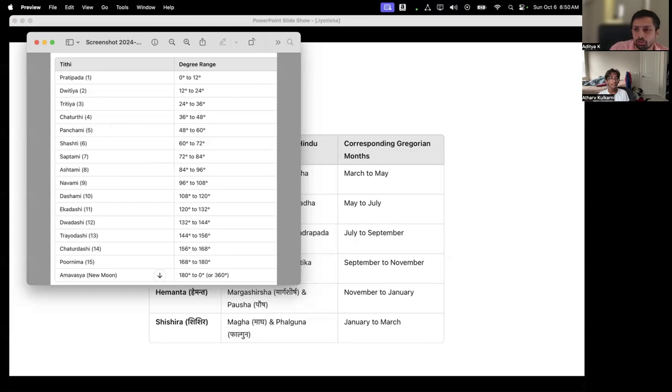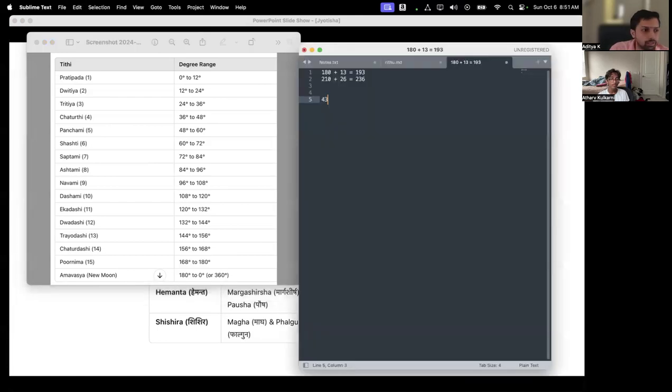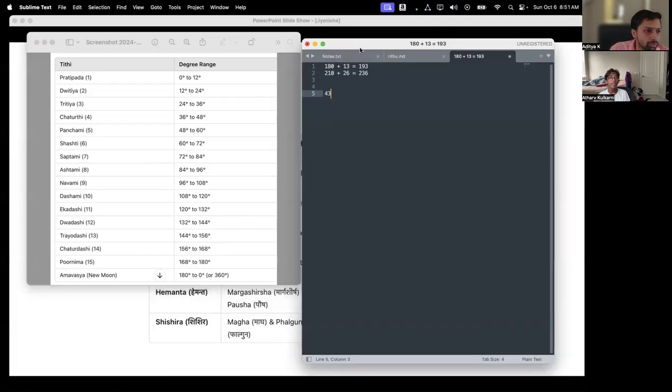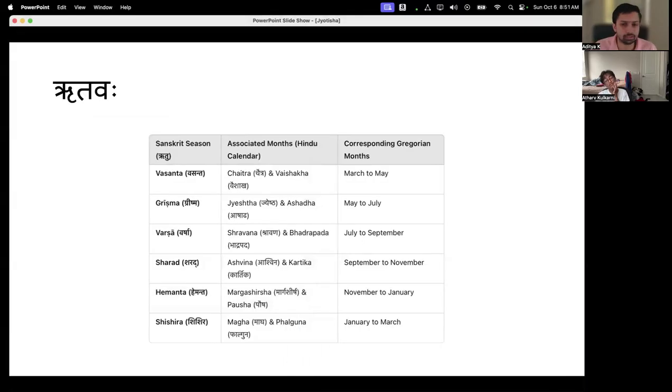What was the difference we got today morning? 43. So what Tithi will it be? Chaturthi. Uttam. Till when will it be Chaturthi? Till 48. So if I can calculate the speed of the moon,